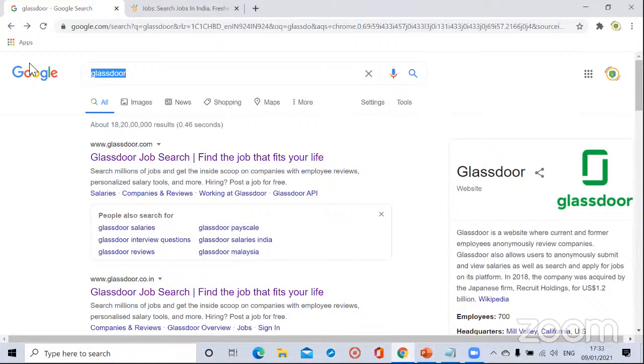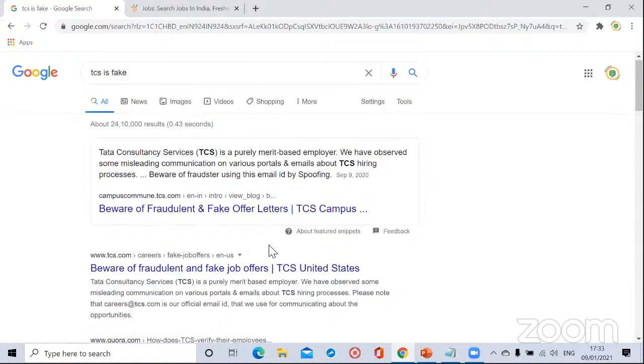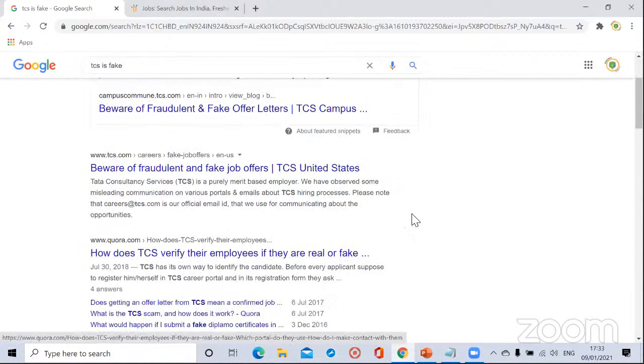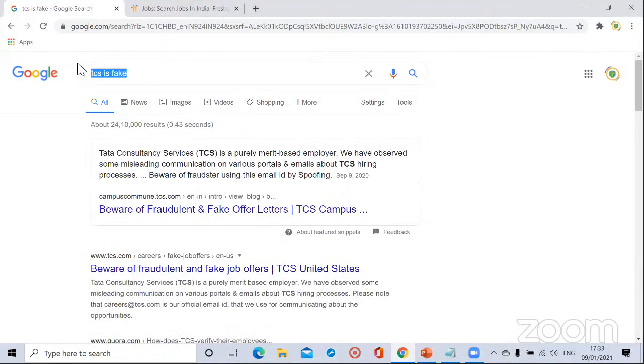For example, if you search that TCS is fake, you will get n number of searches relevant to TCS, like: beware of fraudulent and fake job offers, or how does TCS verify whether their employees are real or fake. You will get searches like that because the Google crawler is like that. I hope you are understanding my point. Okay,